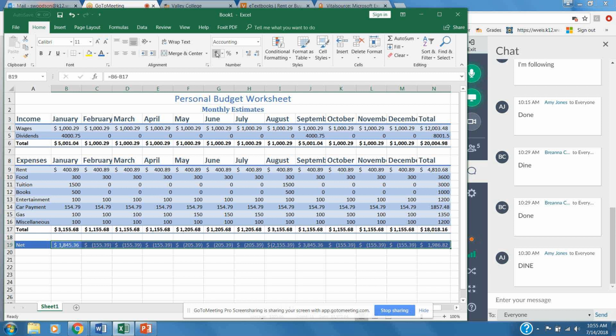If you notice in the accounting format, the balance with the parentheses are